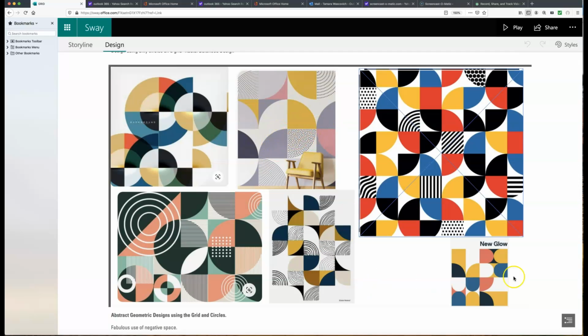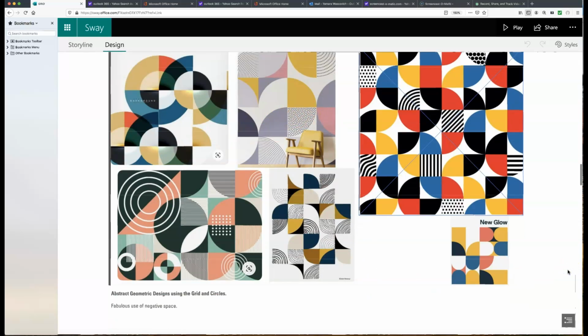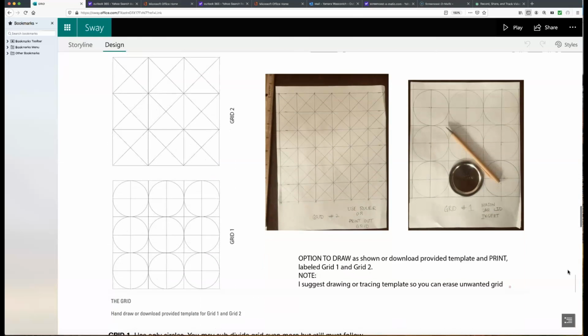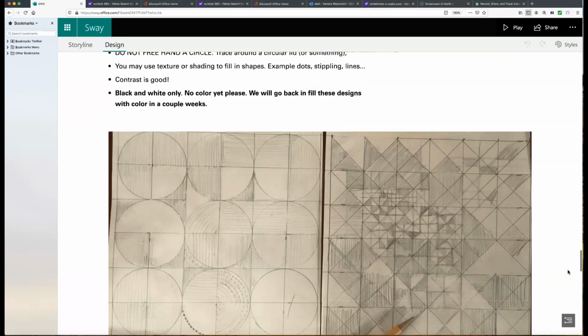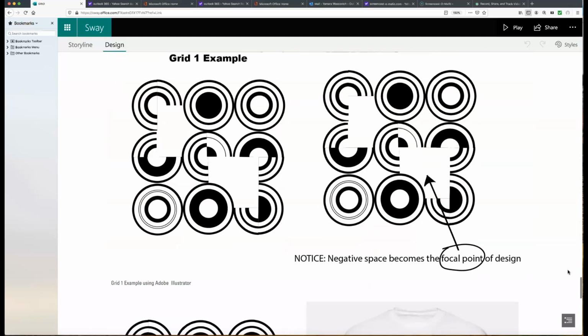I'd have to check and figure out what this one is. But this is a very, very fun assignment that you can use on different assignments, hopefully in upcoming designs, especially if you happen to be in fashion or interior design or anything, or just something fun. It does give you a chance, if you want to design a t-shirt, I'll give you extra credit. Get with me, I will give you extra credit. But you have to make sure